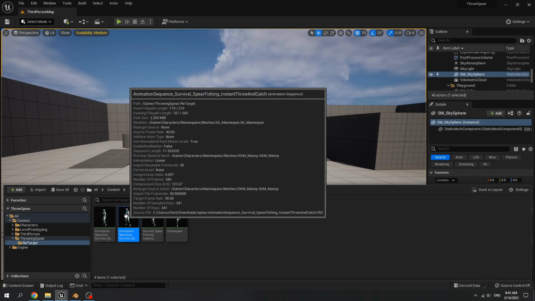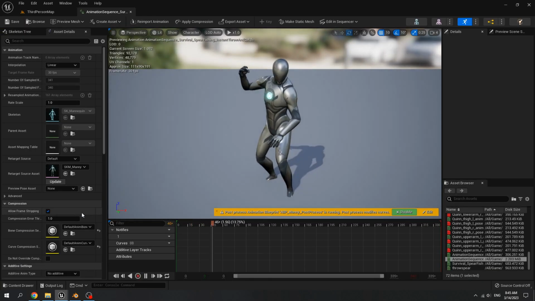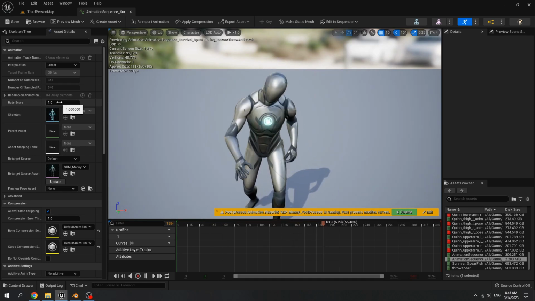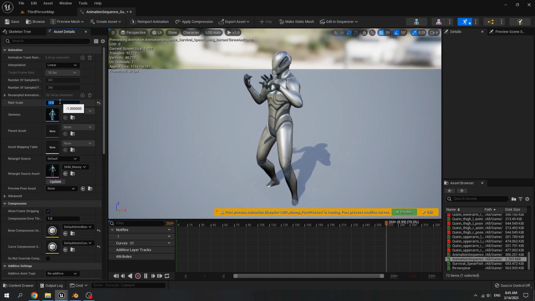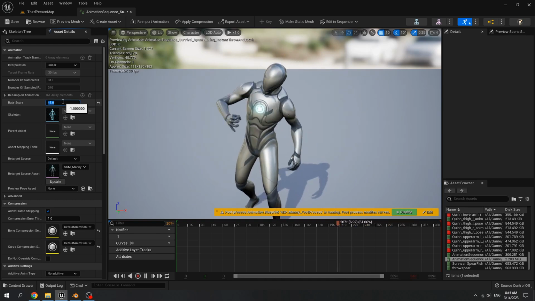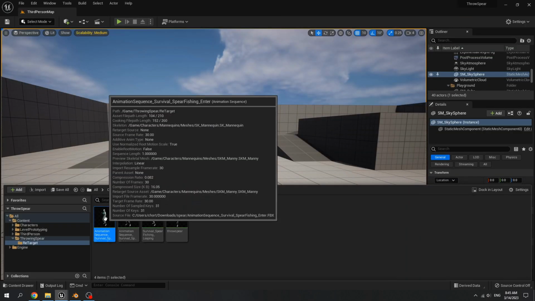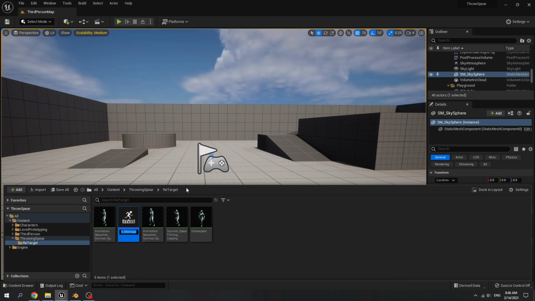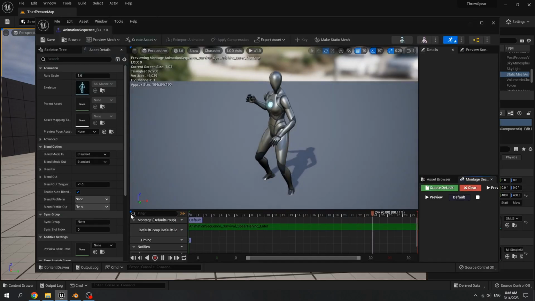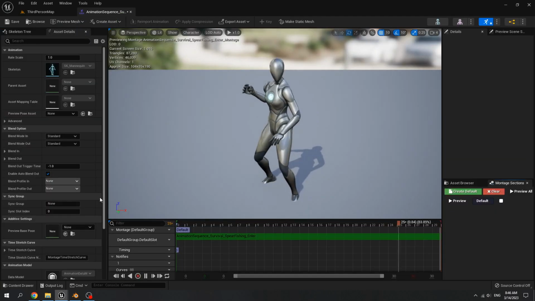Open the spear fishing throw and catch animation. For rate scale, set it to -1 to make the animation play backward. Then for the spear fishing enter, right click, create animation montage. Open this animation montage.